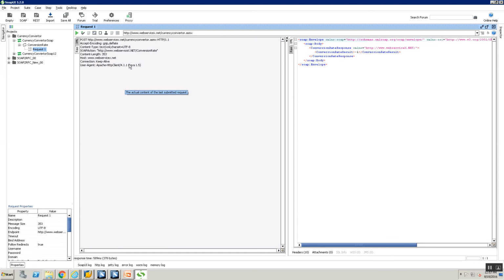And if you see the raw message that went out, in the HTTP header, there's something called a SOAP action. So this is very important, and we will be using the SOAP action when we are configuring our SOAP adapter. So this is the SOAP URL. This is the URL to which the call was made, and then this is the SOAP action. So with this, now let's go ahead to the next step.